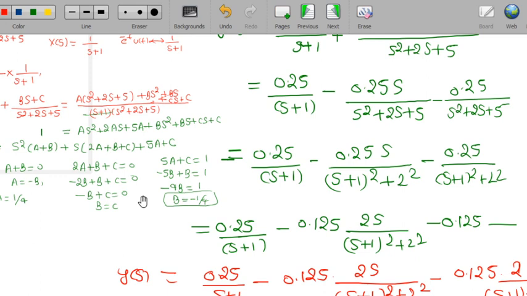The last part is very easy. In the last part, discuss the system stability. One thing you should always remember: any system will be stable only when all poles of that system lie in the left hand side of the s plane. Okay, so here the system transfer function has the denominator s square plus 2s plus 5. So for